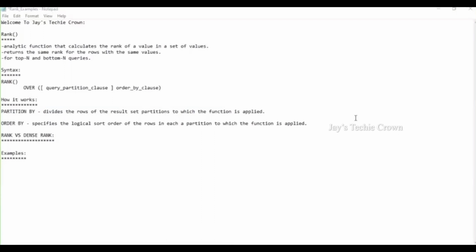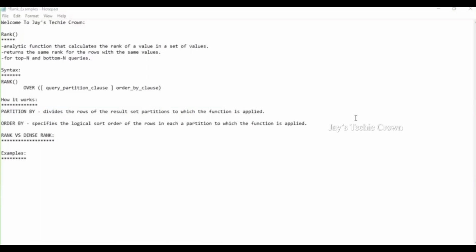What is the difference between aggregate and analytical functions? In case of an aggregate function, it operates on multiple values and returns one value, whereas in case of an analytical function, it operates on multiple values and gives the result as multiple values. For example, if you take an average or sum on a set of values, it sums up all the values and gives one particular result as a single row or a single result set.